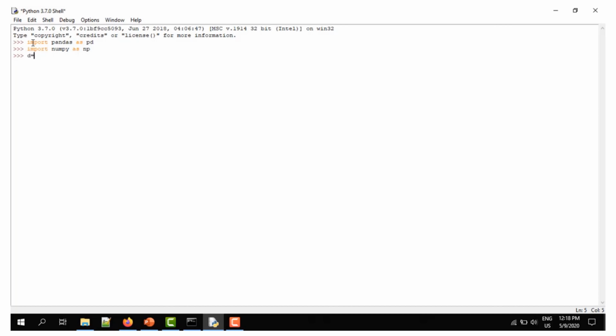So d is equal to np.array of 12, 13, 14, 15, 16. Like this we have to give the array values. Now d is created.